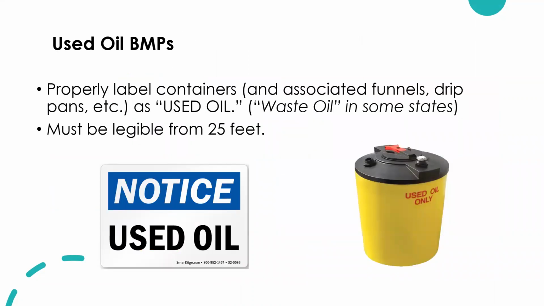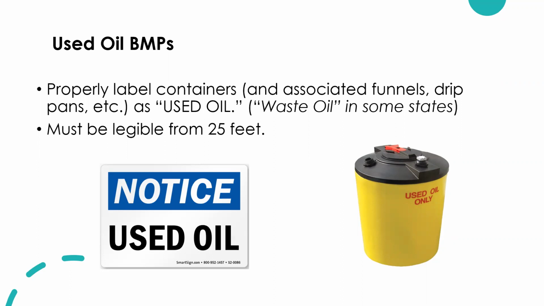All right, so one other big thing for an SPCC plan, when you properly label all your containers, you also have to label your waste or used oil. And this is going to include not only the container where you keep the used or waste oil, but the associated funnels, drips, and pans that are also collected. And anytime that you clean up an oil spill that is purely oil and no other hazardous material, that'll also go into the waste oil